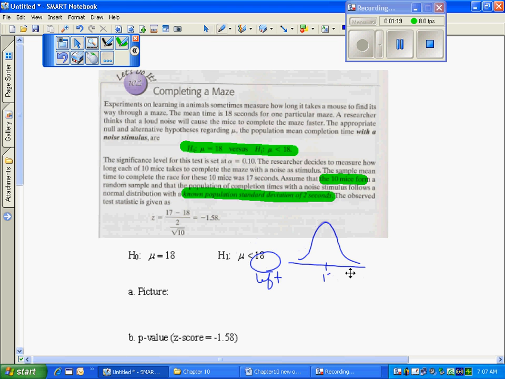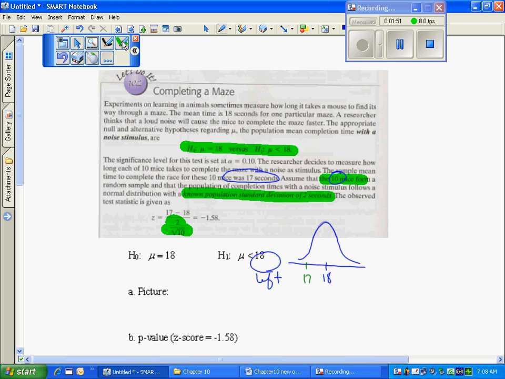Here would be 18. And it looks like when I went and did 10 mice and ran them through this, they have an average together of 17. 17 is lower, so we might as well go ahead and test. Is 17 seconds from 10 mice on average different enough to say this noise stimulus is making them go through the maze faster? Because we're looking at a sample mean and not a single observation, notice my standard deviation is